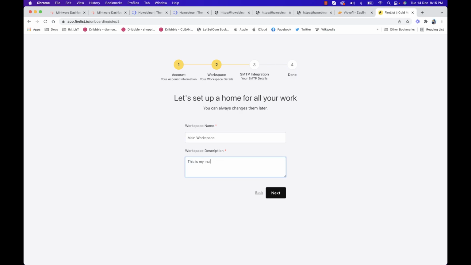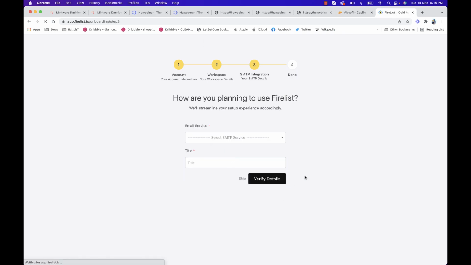You can create a separate workspace inside the dashboard for different kinds of things. If you want a workspace dedicated to affiliate marketing, you can create that, right? For JVZoo or ClickBank or some other affiliate network, you can do that. But if you want to create just one account, you can create just one workspace. It's not mandatory to have multiple workspaces.